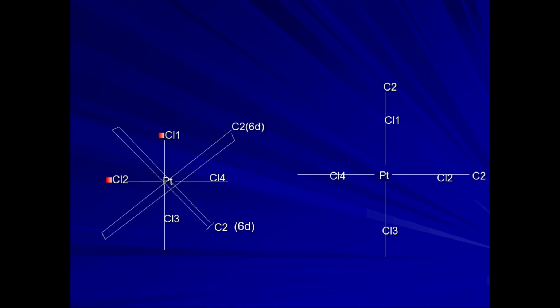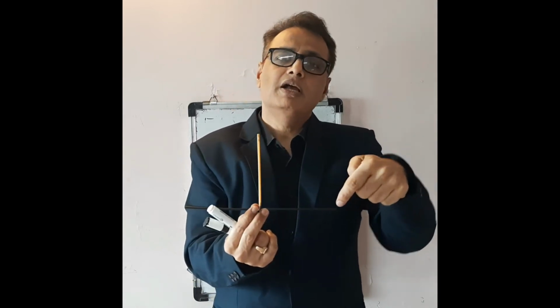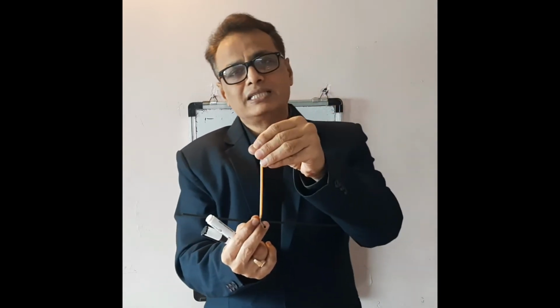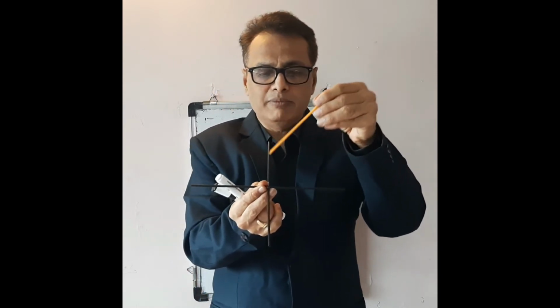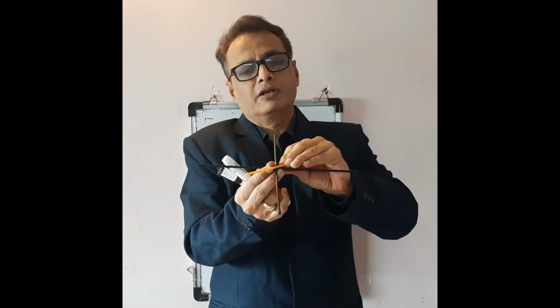and if it is rotated by 180 degrees, it brings the molecule into an equivalent configuration, and another rotation by 180 degrees brings the molecule into the original configuration. So this is considered to be our C2 axis. Similarly, with Cl2, platinum, Cl4 as an axis, if it is rotated by 180 degrees, it brings the molecule into an equivalent configuration, and another rotation by 180 degrees brings the molecule into the original configuration. So there are two C2 axes passing through opposite Cl atoms, and the remaining two C2 axes bisect the Cl platinum Cl angle, this Cl platinum Cl angle this way.